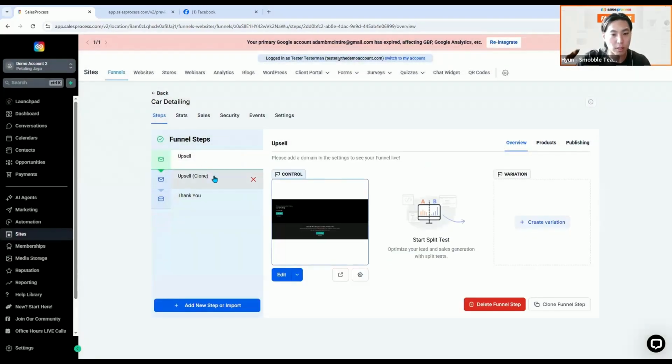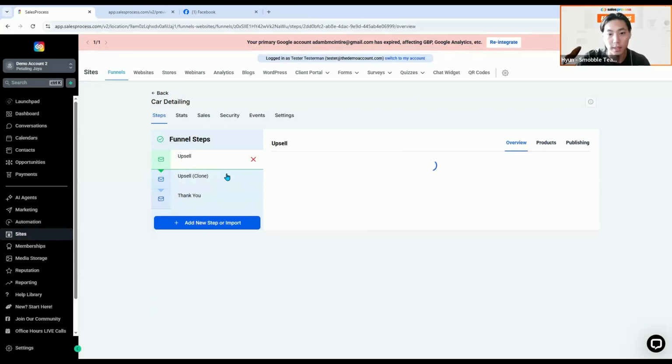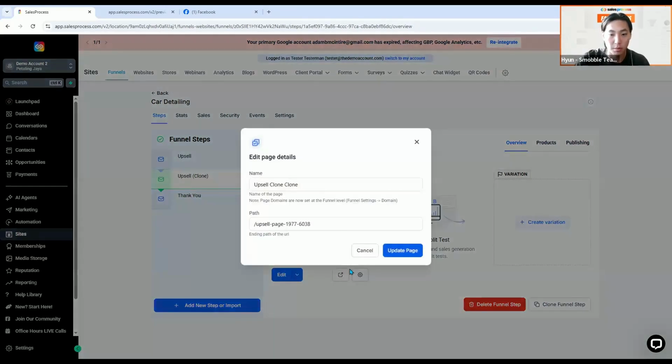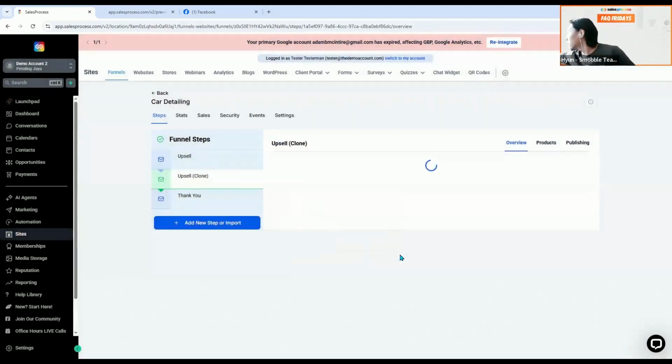Probably this won't be changed right away. It has a waiting time. Let me change this also. Upsell clone, upsell, outdoor. Update page. And